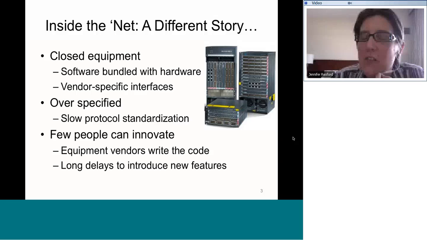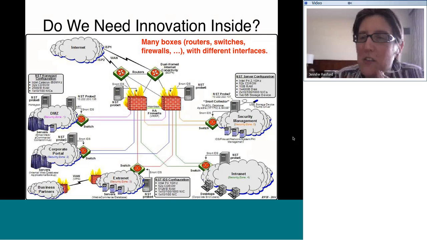And even for people who buy that equipment, there are very long delays for introducing new features into their network because they have to work indirectly through their equipment vendors or through large standards bodies to affect change. So one might argue, well, do we really need innovation inside the network if the inside of the network is so simple? But in practice, the network has become incredibly complicated with new point solutions every time a new need arises. And so we have routers, switches, firewalls, network address translators, load balancers, access points, and so on,